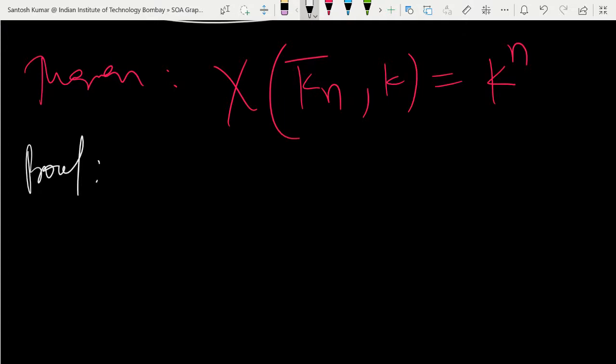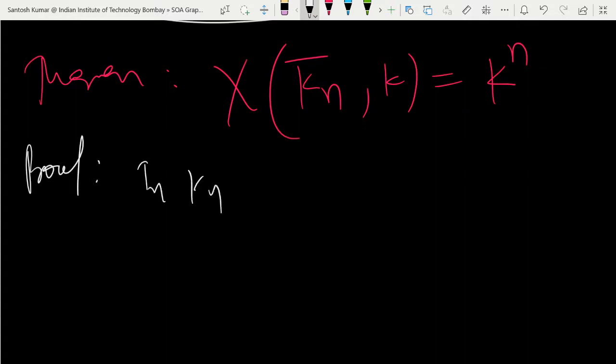So Kn complement is the complement. In Kn, each vertex is adjacent to the other. In Kn complement, no vertex is adjacent to the other, so each vertex is non-adjacent to the other. There is no condition to think of, because there is no edge in Kn complement. You only have n vertices without an edge, so you can color with any.